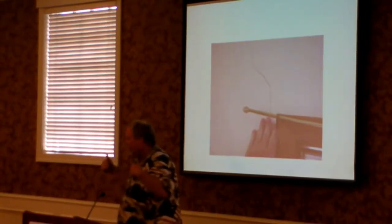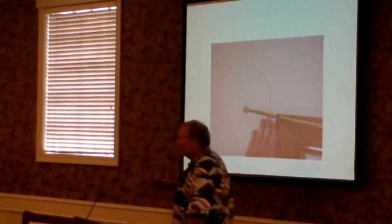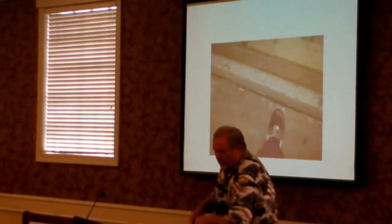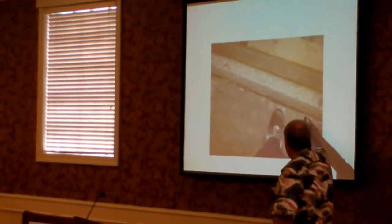If the whole back of the house is settling, all the cracks in the house will point towards the back. So that lets you know what area and lets you pretty much judge how much area has settlement based on these type of cracks. The other thing you'll see, and this is most of the time in a garage, the